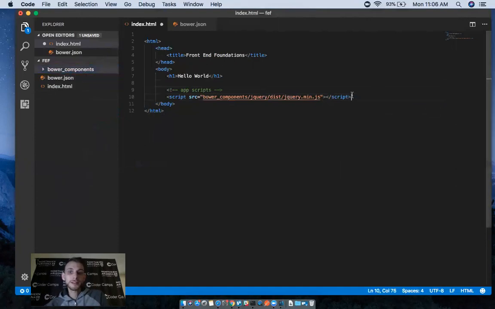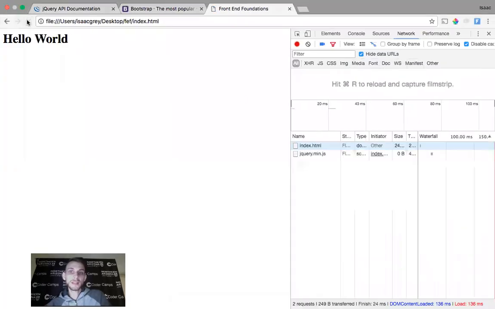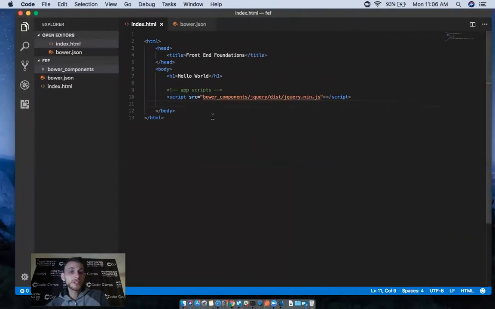So next, we can save all. And when we refresh the browser, we can see in our network, it's not only loading in our HTML doc, but it's also loading in the jQuery script. Okay, so everything's successful. So now we just need to add our own custom script, where we can actually